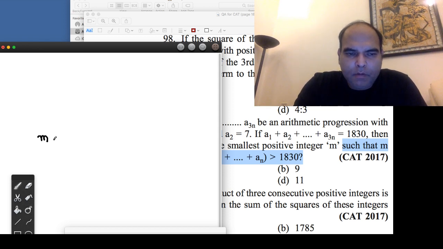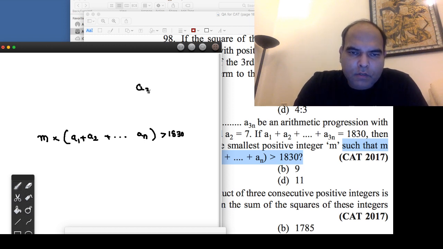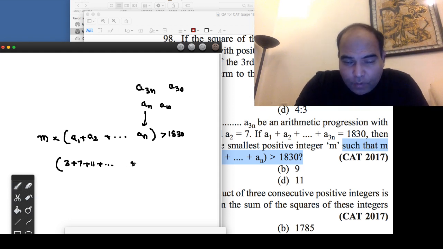We want m into a1 plus a2 plus an greater than 1830. And now this is very simple, because we know a3n was a30. So this an is a10. So we're looking at the series 3, 7, 11, and for a10 you'll have to add 90, so 39. You're looking at this series, m into this should be greater than 1830,